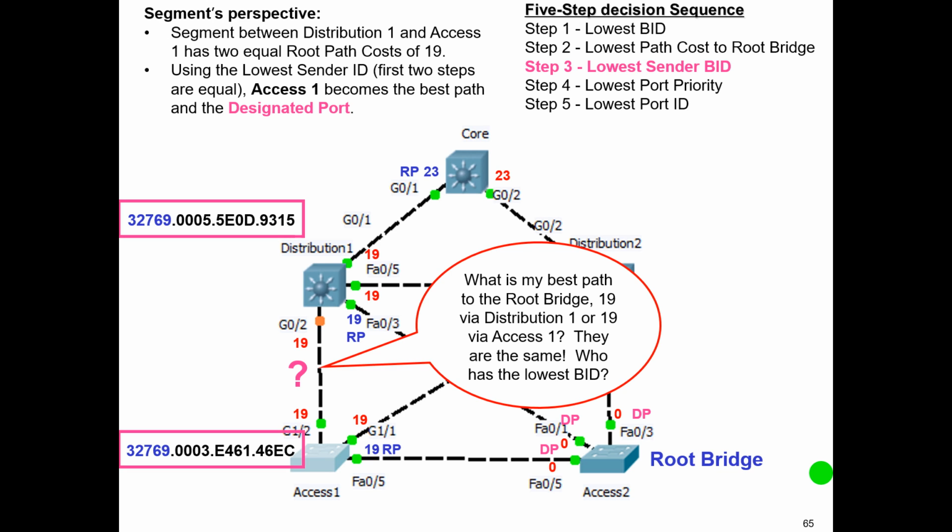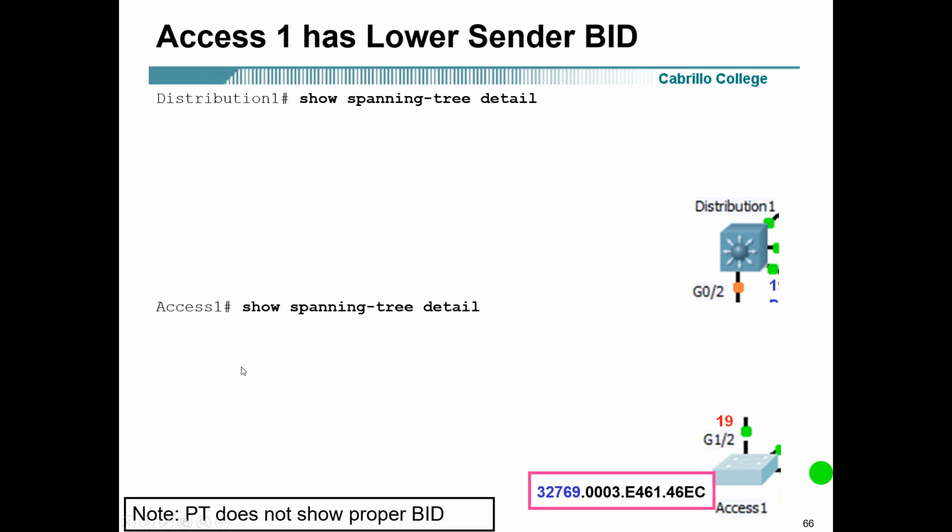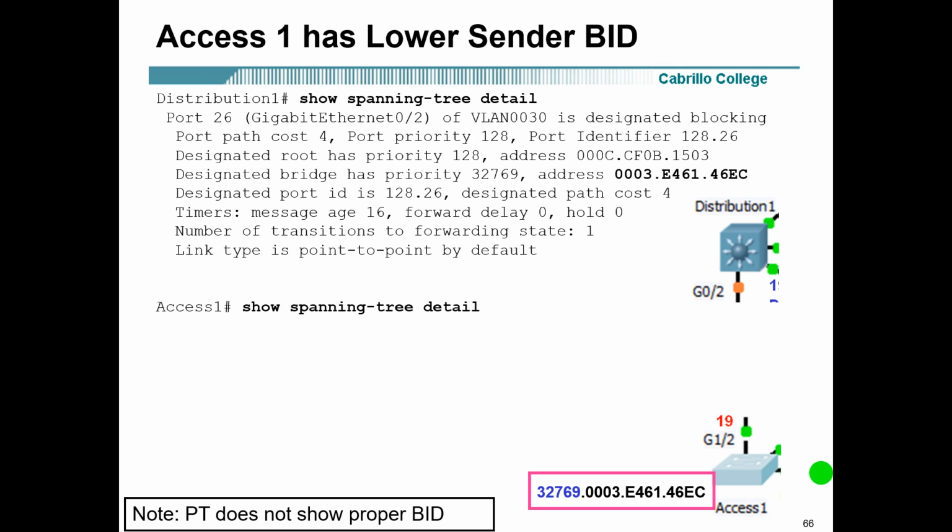The port ID or the port priorities are the same, but you'll notice that the MAC addresses are not. So access 1 is the lower bridge ID, so it will go this way. So access 1 has the lower sender bridge ID. We can see that